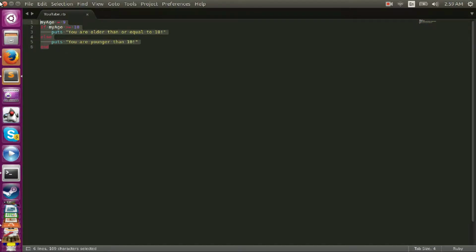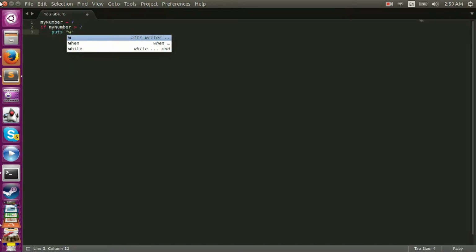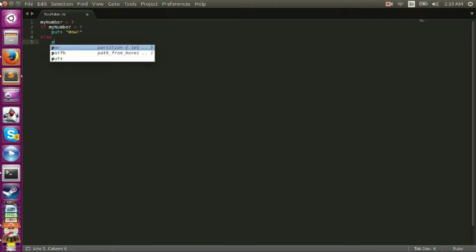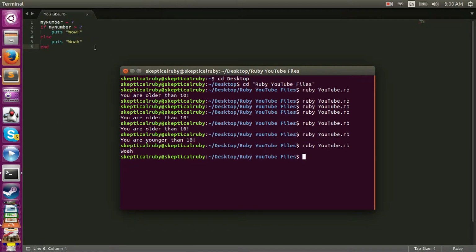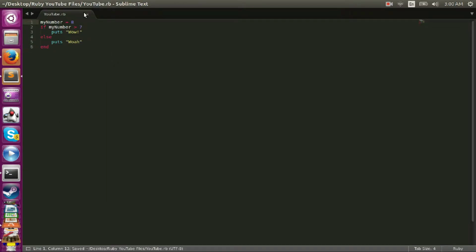And you can actually do this. My number is equal to 7, let's say because my favorite number is 7. If my number is greater than 7, then we could say puts wow, else puts whoa. I don't even know, guys. If it's greater than 7, then put wow, else put whoa. So it should put whoa. And if we actually change this to 8,